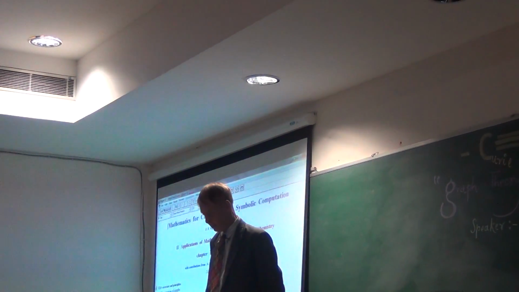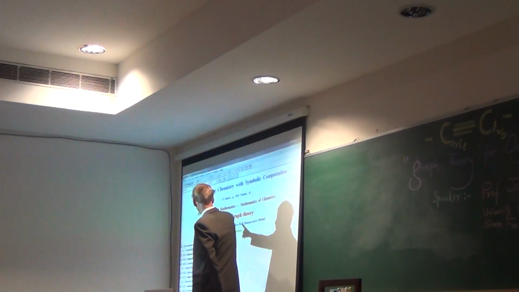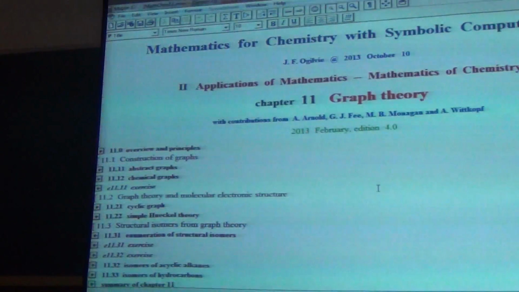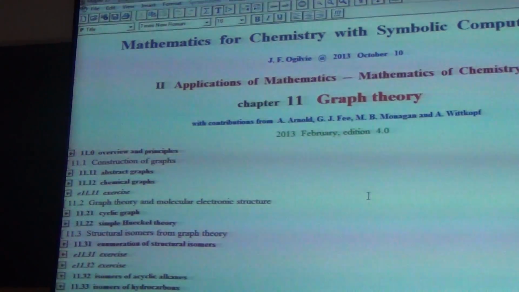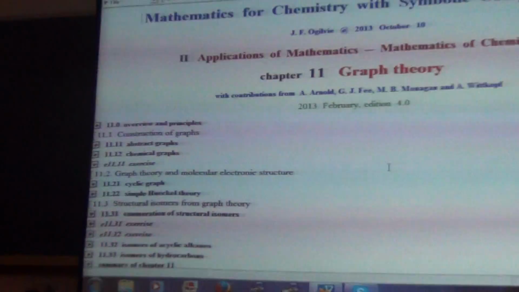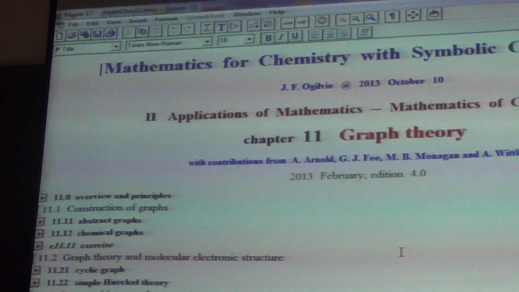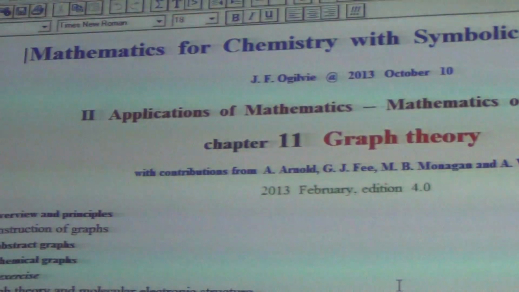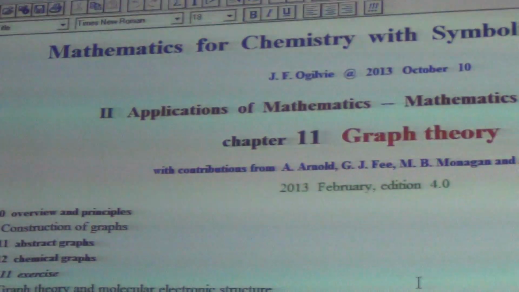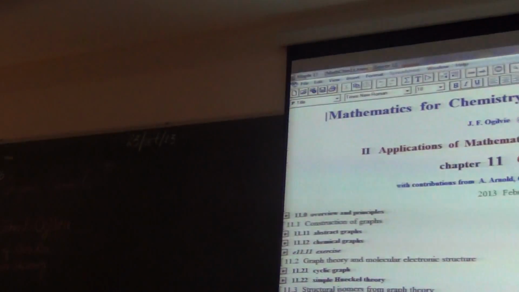Now, this book has 2 parts. Part 1 is mathematics for chemistry. And that contains the mathematics that a professor of chemistry would like his students to learn in courses that are typically given in a mathematics department. And so that goes through all of the mathematics from arithmetic up to differential and integral equations and statistics.